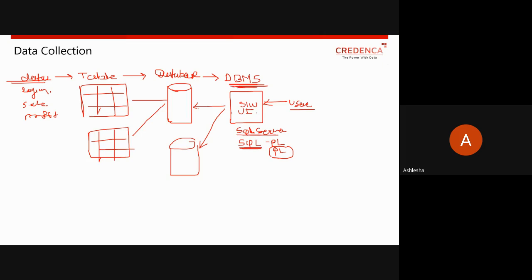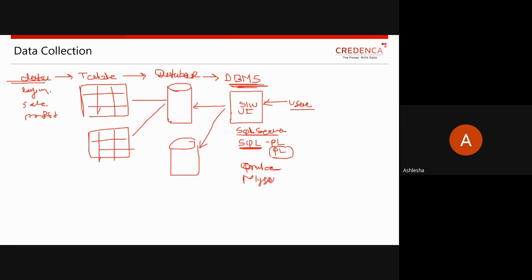Like SQL Server, different database management systems are also available, like Oracle. You might have heard about terms like MySQL.